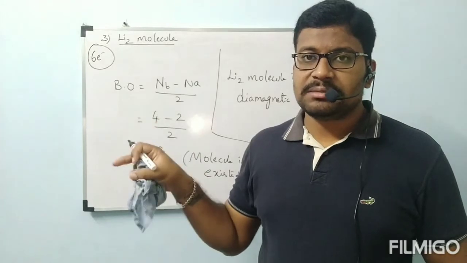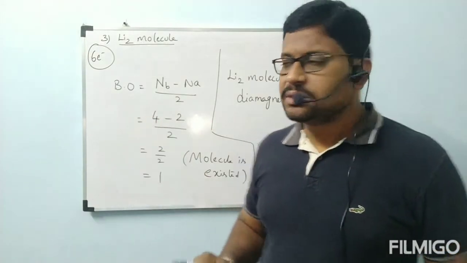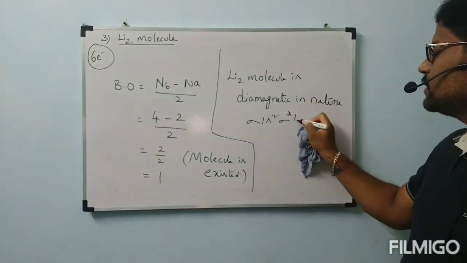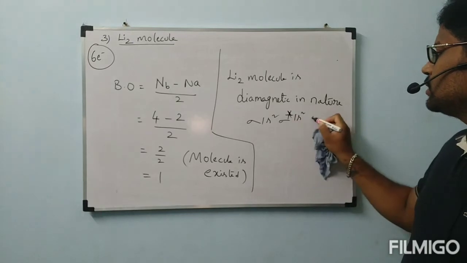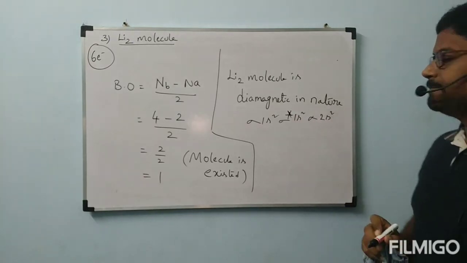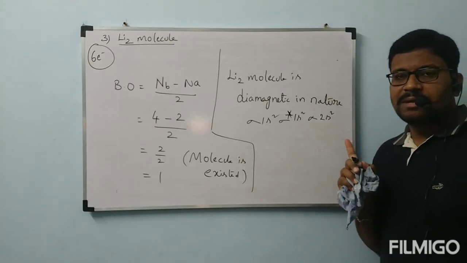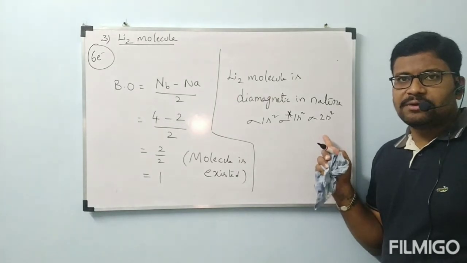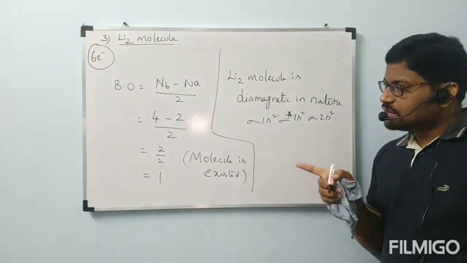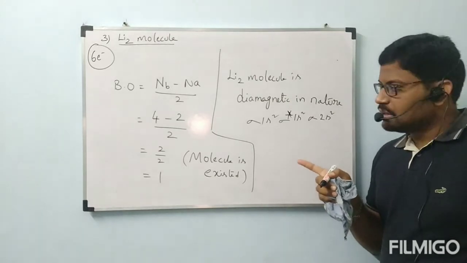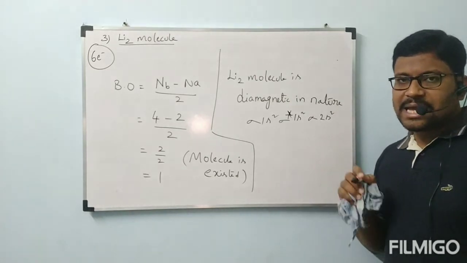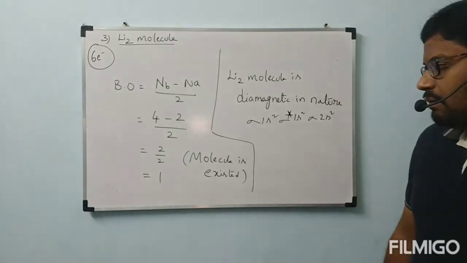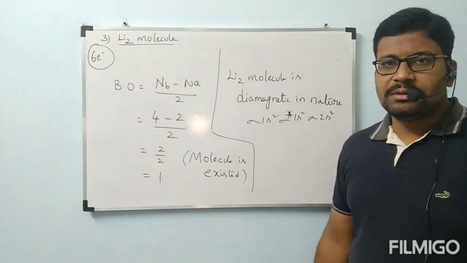But according to how many electrons are present, we will stop up to some extent only. Here we stopped at sigma 1s2, sigma star 1s2, sigma 2s2. We didn't get sigma star 2s2 because that many electrons are not there. Only 6 electrons are there. By this, the electronic configuration of the Li2 molecule is completed. The Li2 molecule is stable, we have seen. And what about the magnetic nature? It is diamagnetic in nature because it does not contain any unpaired electron. Okay, this is about Li2. Shall we see the next example now?